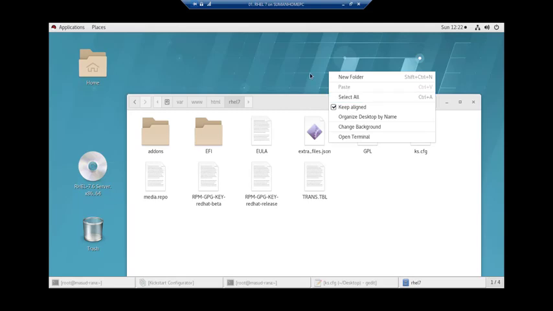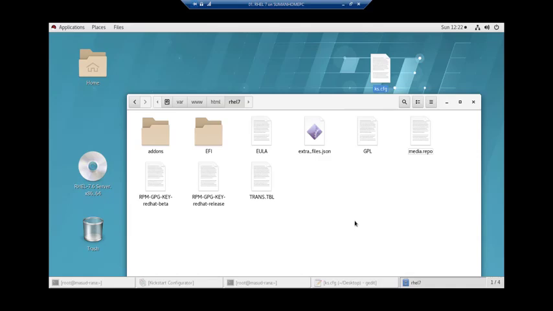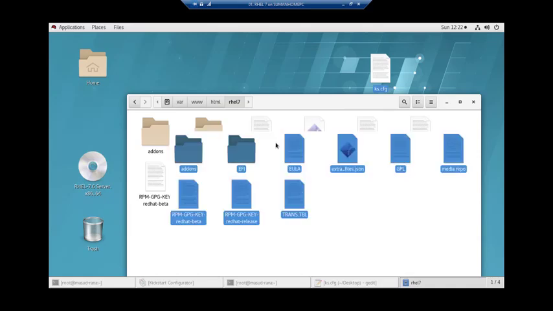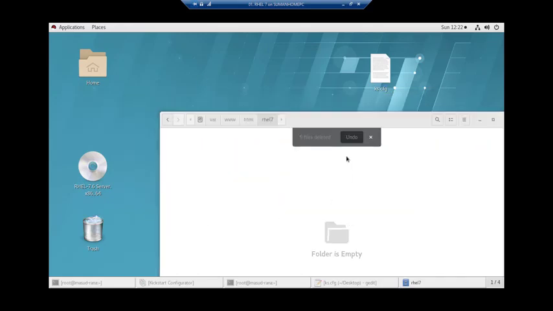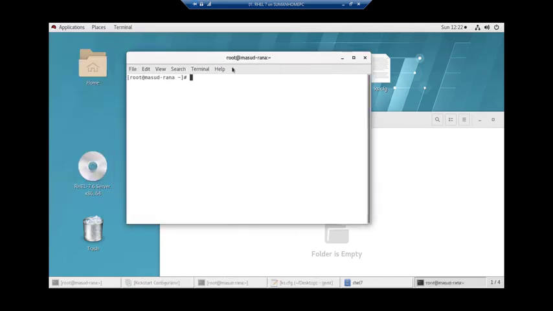Copy. I have copied this thing and I am going to delete all the things. Yeah, everything is deleted. I am opening my terminal again and I want to cp -rpf var rhl7.